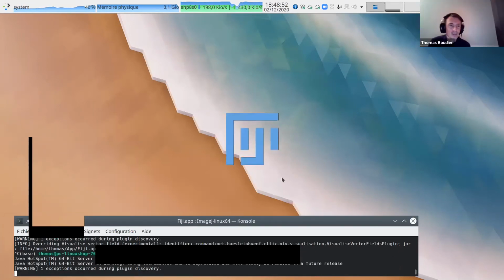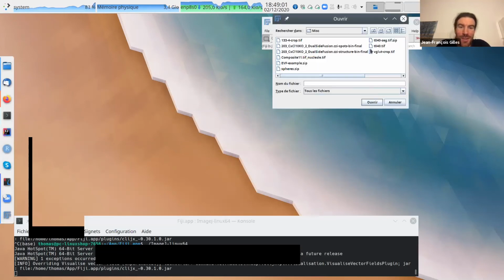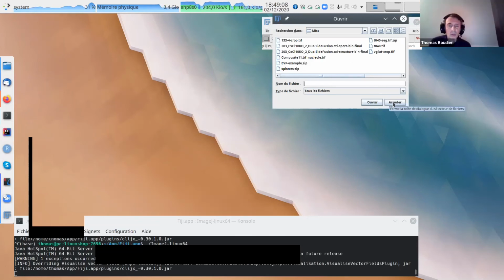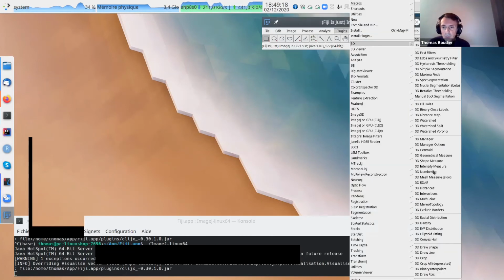We finish with this. There is a question from Elizabeth. We want to know how to extract and analyze object surfaces. Object surfaces like we did in the 3D viewer. There's something here, a 3D mesh measure, but I will not recommend using this one.